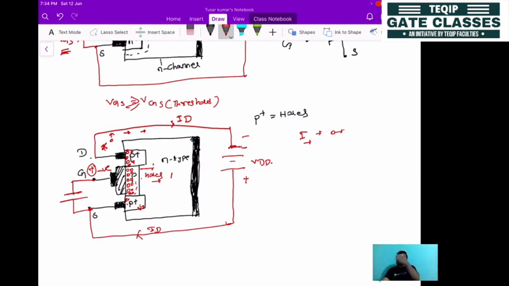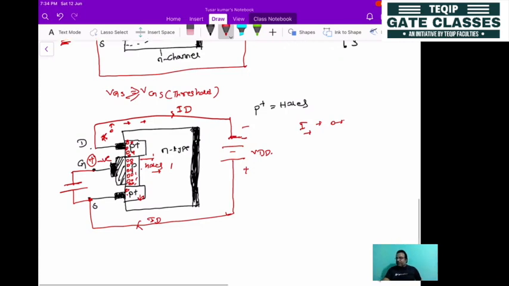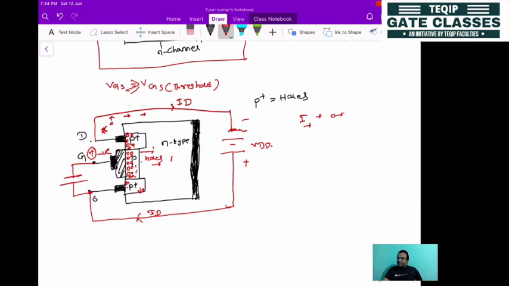So this is the operation of the P channel. This is why it is called P channel, because the channel charge carriers that are formed are based on the holes, and the channel is formed through the P type material. So that's why it is called P-type depletion type MOSFET. This is the operation where you apply certain voltages and the current flows in one direction.